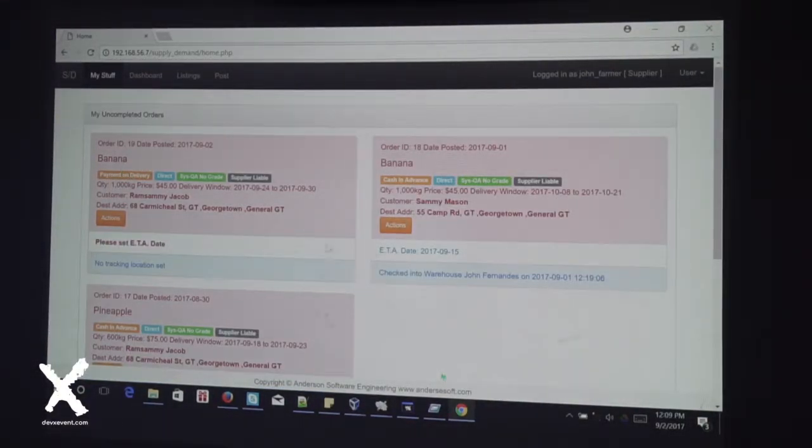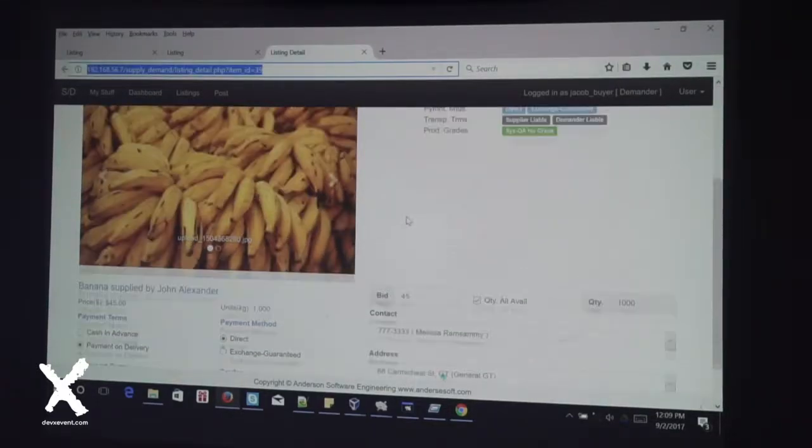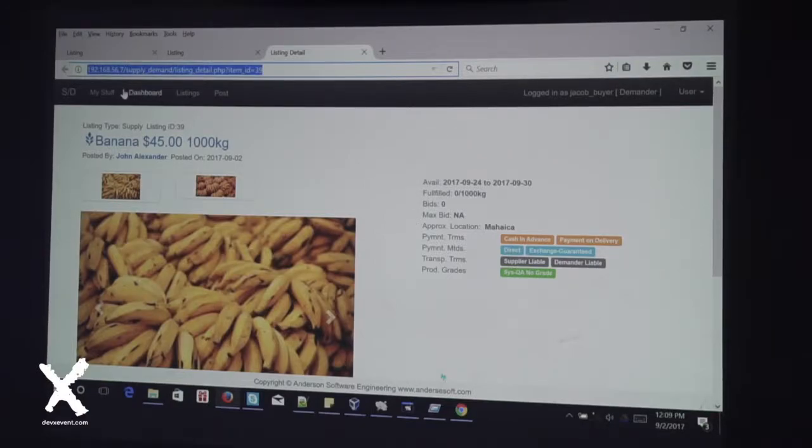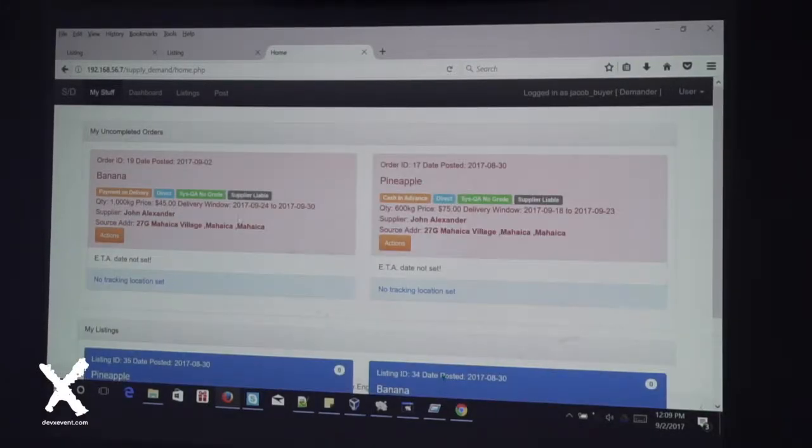And it's here, and it's also created in the supplier. He also has the new order entered here for bananas.